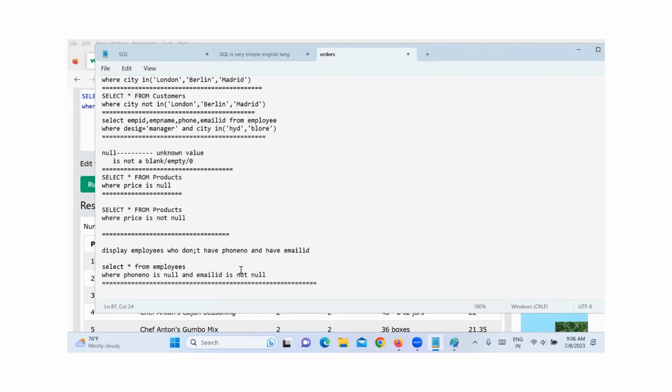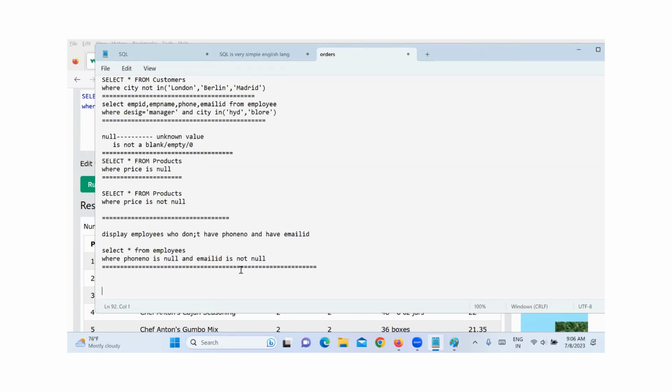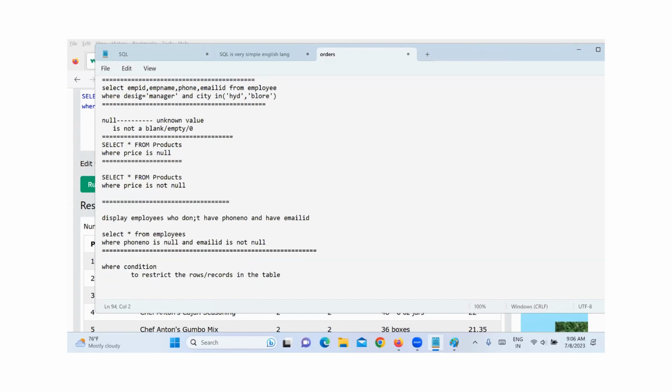So these are all the different operators we are using in the where condition. In the where condition, for what purpose are we using them? To restrict the records in the table, right? So what do we write in the where condition? We are using greater than, less than,